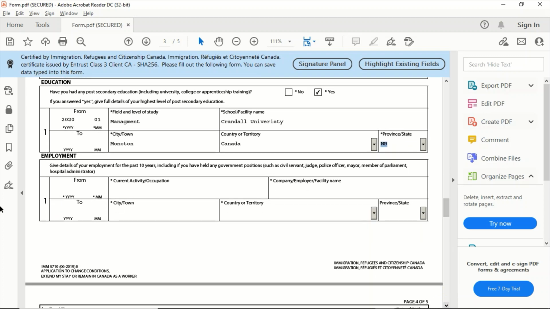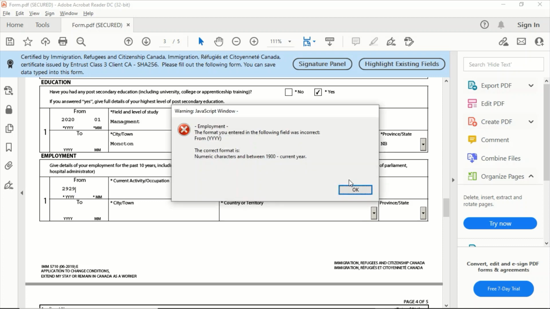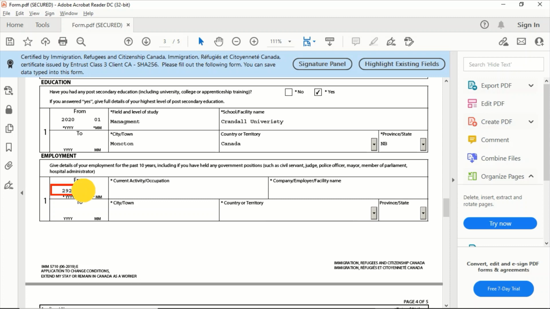Then insert the details for your employment. So let's say if you are working anywhere, you need to insert from what time you are working. And then what's your occupation? Let's say associate, or anything.